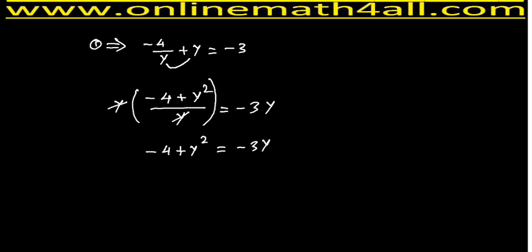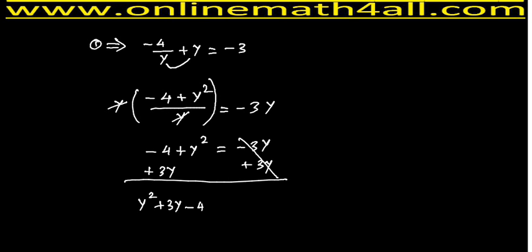So now I'm just going to add positive 3y on both sides. When I do so, negative 3y plus 3y will get cancelled, so we have y square plus 3y minus 4 is equal to 0. Okay, so now I'm just going to factor this one. One second, so if I factor negative 4,